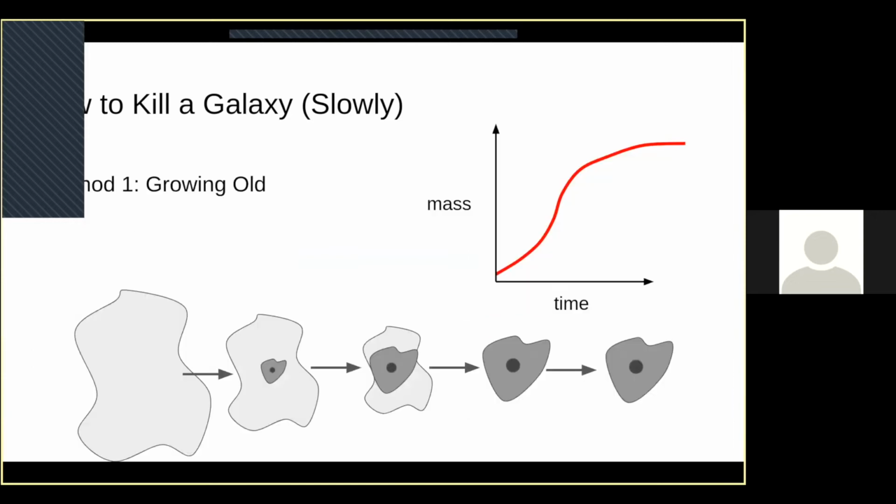One way that you can do this is you can just grow old naturally. The quantum fluctuation that led to the dark matter halo forming might have a particular shape that means that after the dark matter halo grows a bunch, there's just no more mass left for it to build up. So instead of having a mass that just increases over time, eventually it peters out. Eventually it stops being able to accrete any new gas into the center, and the galaxy just has no more fuel for stars. It's a bit of a boring way to go, but that's not bad.